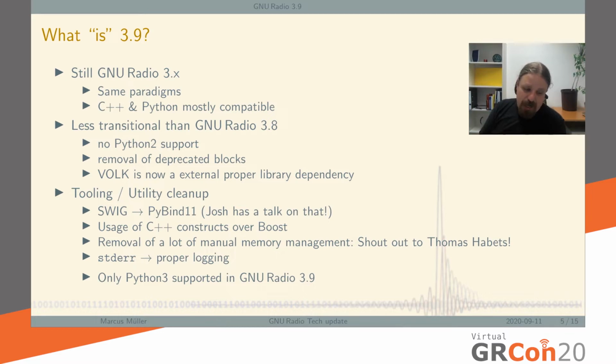You might have to name a couple of files differently, and you might have to wrap your C++ differently for Python, but it's still the same thing. You don't have to touch your core algorithms and core functions at all. It's not really 3.8, obviously, otherwise it wouldn't be a new release. So we dropped Python 2 support, which makes a lot of sense in 2020. We removed a couple of deprecated blocks, and what we really did, and what I'm really proud and happy about, is